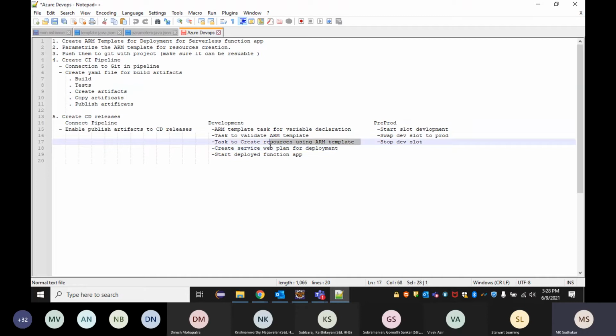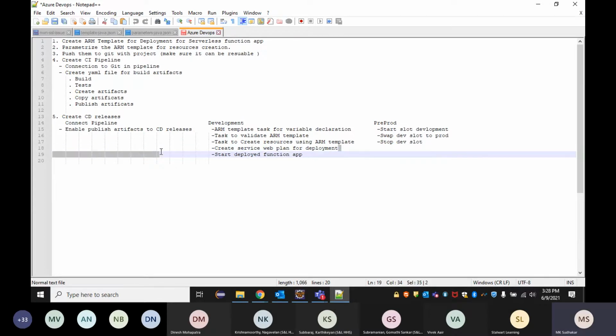So this is all we are going to do automatically from this Azure DevOps. And it's completely parameterized. So whatever name you want, you can give it in the DevOps. It automatically creates with those names. And that too, the naming convention should be followed with Azure standards and the organization standards.